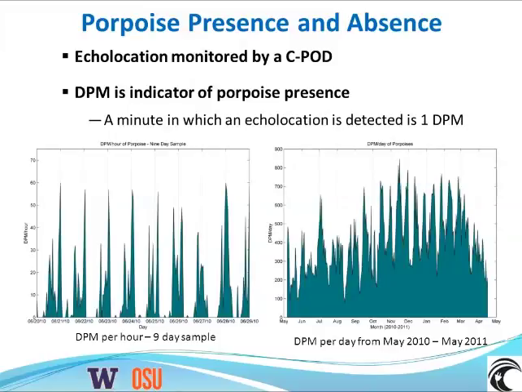And if you look over an entire year, so this is data collected from the site from May 2010 through May 2011, there's certainly a lot of variability. There may be some seasonal trends there, but in general, there doesn't look like there's a single factor that really describes the extent of echolocation activity. So one of the first questions we started asking was, well, are harbor porpoises actually going to be present when these devices are operating? So next slide.